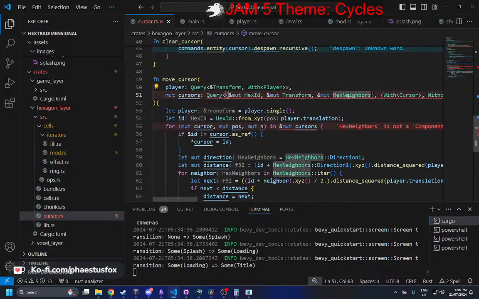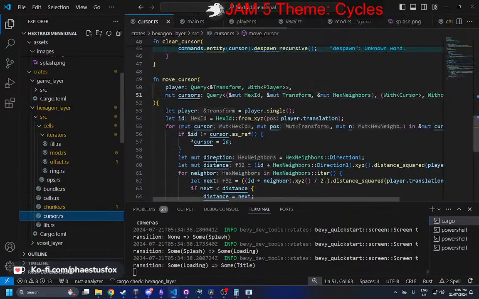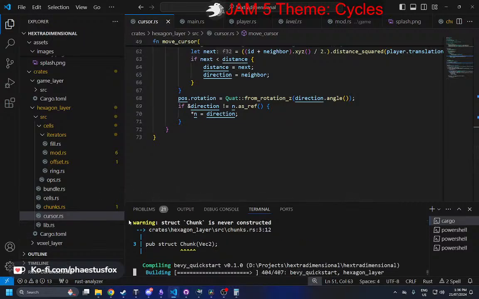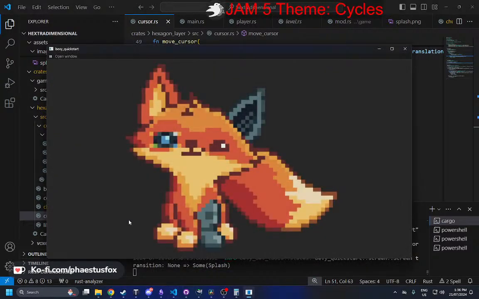And then we just need to go here and say that you are also potentially a component. So this is just going to let us, when we enter a hexagon map, quickly look up what side the player is entering the hexagon from, and therefore